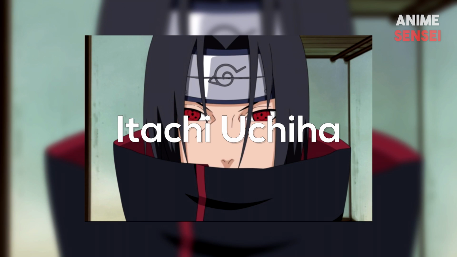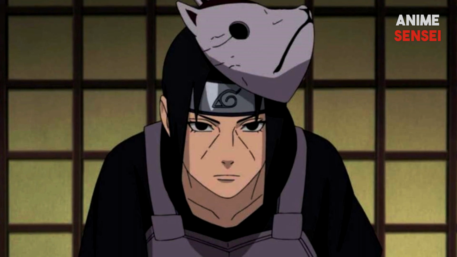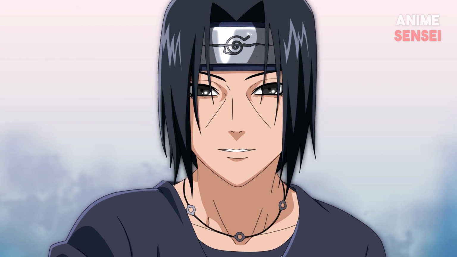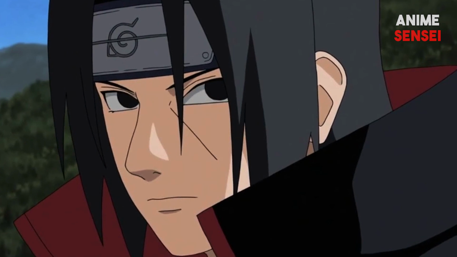Itachi Uchiha. Finally, saving the best for last, we now move on to the person who first introduced the Mangekyo Sharingan. Indeed, he's none other than Itachi Uchiha. Itachi awakened his Mangekyo Sharingan after witnessing his best friend Shisui Uchiha die. There are two abilities that Itachi can use, one from each eye, one being Amaterasu and the other being Tsukuyomi,